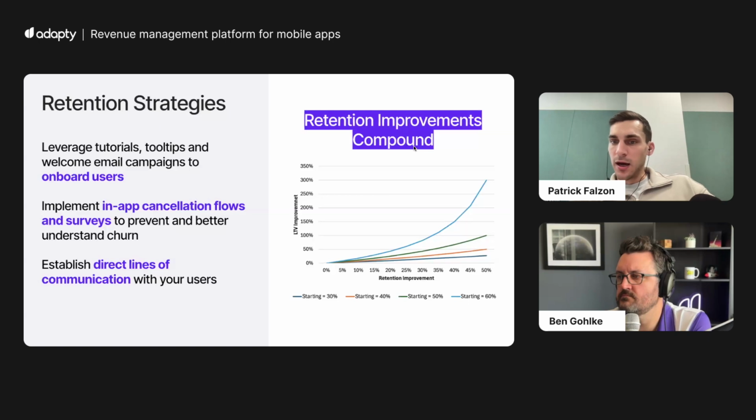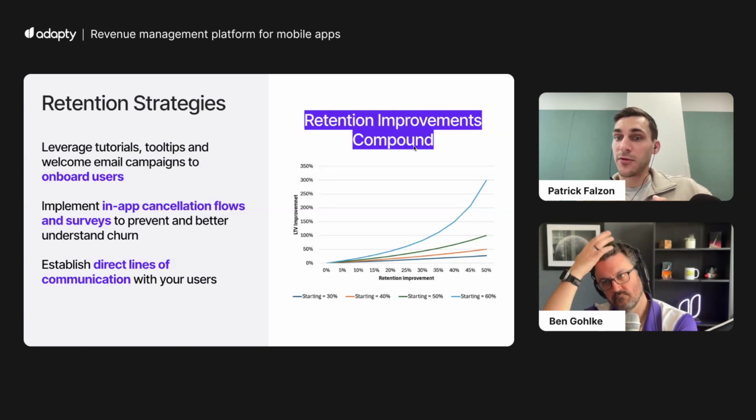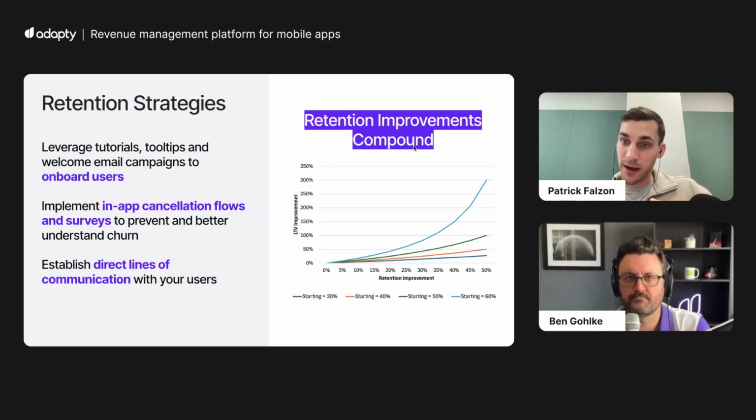And then lastly, going a bit back to the welcome email campaign, establish direct lines of communication with your users. I suggest creating at least an optional account creation flow or email collection flow so that you can collect their emails. That allows you to do things like the welcome email campaigns. You can also send them periodic product updates on new features you're releasing. You can send them links to user surveys that you ask them to fill out, requesting features, providing feedback on your